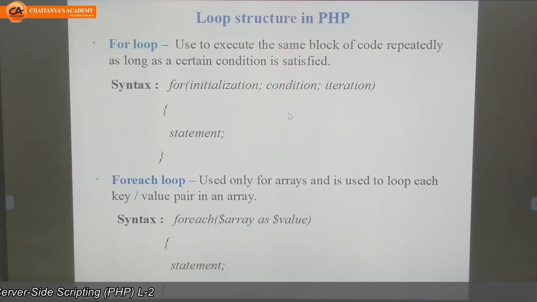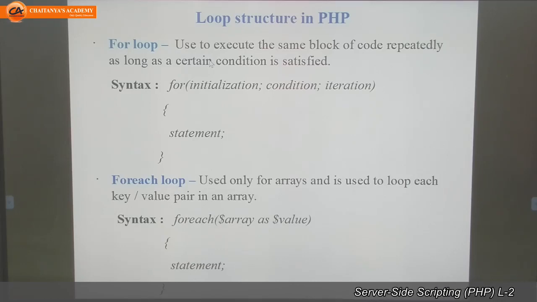Next, foreach loop: when working with an array, we generally use this foreach loop. It will go to each key, each value, and execute the statement for each array element. At that time we use the foreach loop. We'll see it in detail after studying arrays.